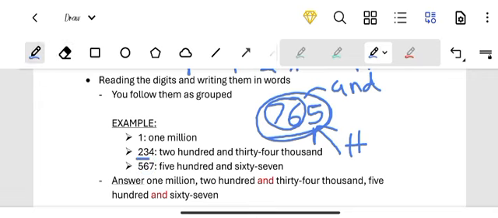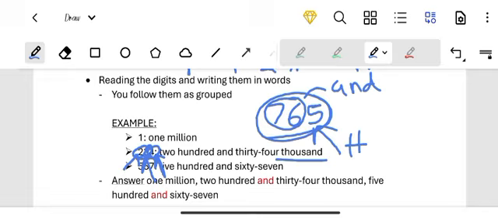So it's 2, 3, 4. We can see that this is what? 200. This is what? This is tens. This is units. But now we are no longer talking about the tens and the units. We are talking about thousands, because this 4 now is 4,000. The 3 is 30,000. The 2 is 200,000.